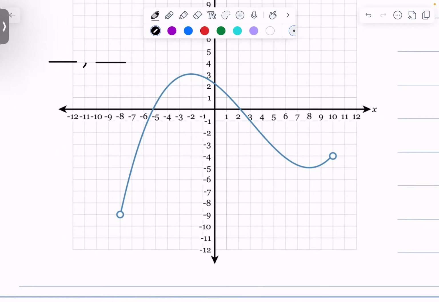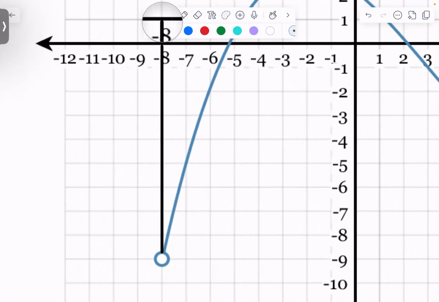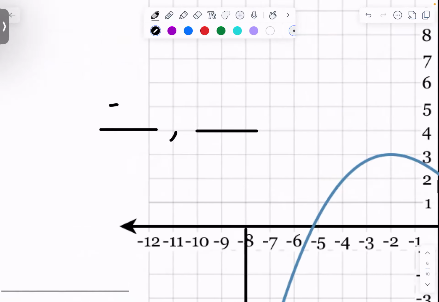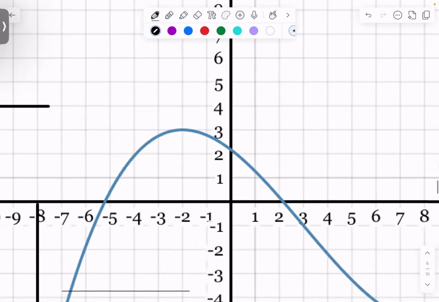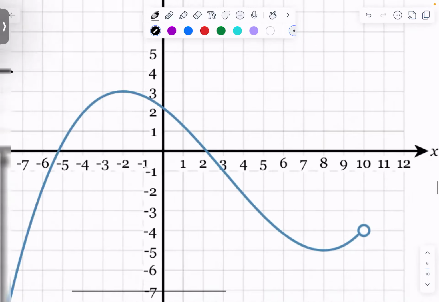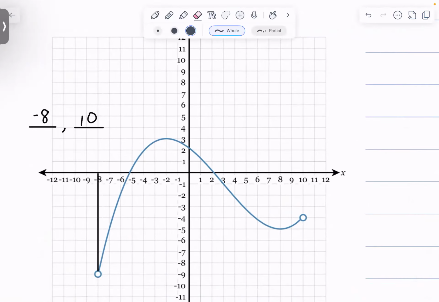-7. Let me zoom in. -8, right? That point is on -8. Okay? So that's my lowest value here, -8. And what's my highest value? 10, right? So it's -8, comma 10. And then we have to figure out if it's